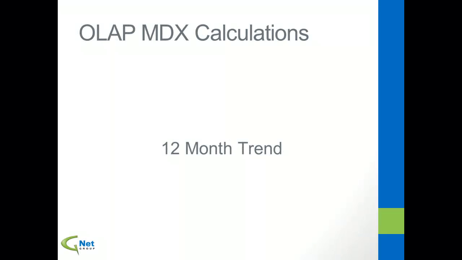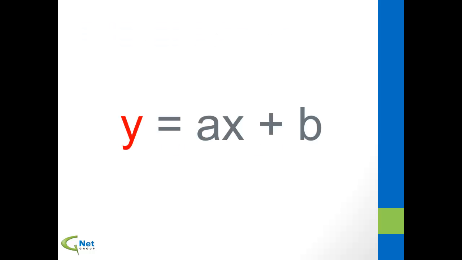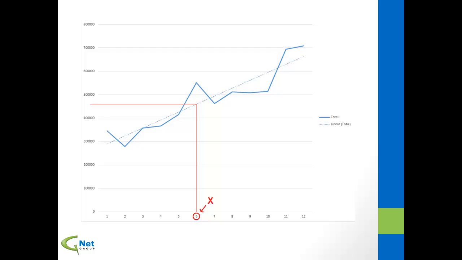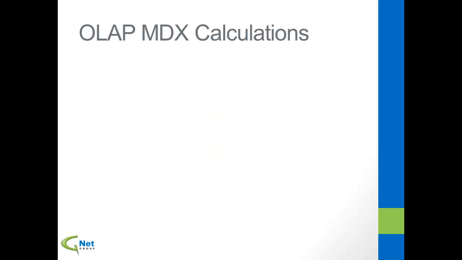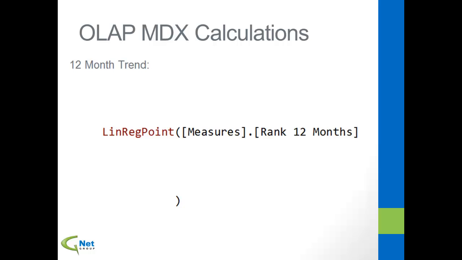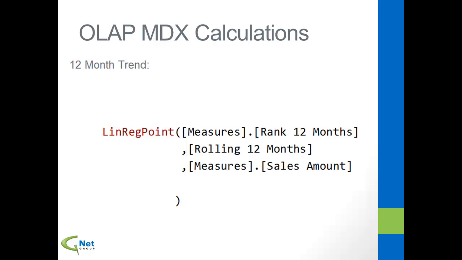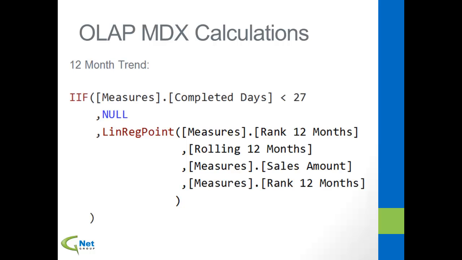The next calculation, 12-month trend, finds the y value from the linear regression equation. For whatever value of x that you are observing, y is the corresponding y value on the axis. The MDX code for 12-month trend uses the expression linreg point to evaluate the y-intercept at a given value x over the rolling 12 completed months with respect to the statistical relationship between sales dollars and the sequential progression of months. It is wrapped in an if statement so that when on a graph, it will only be displayed for